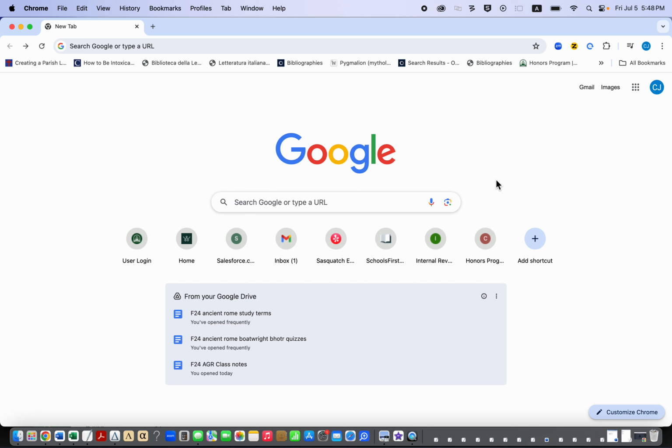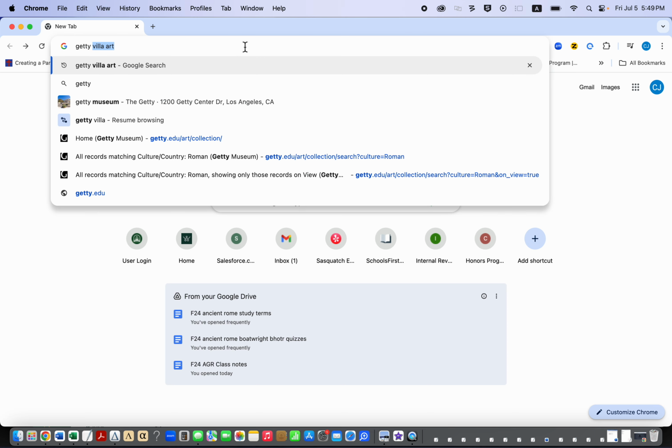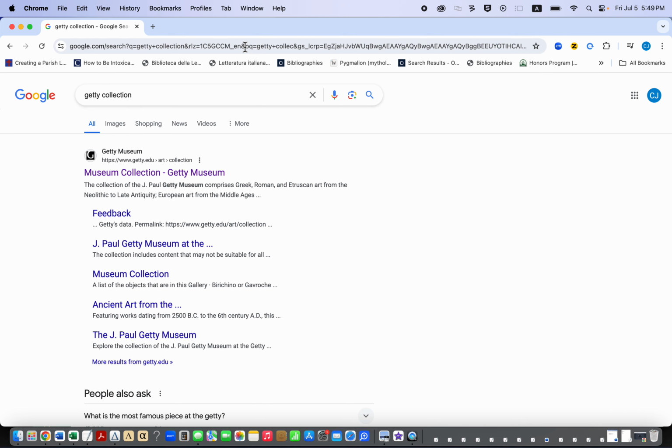Hello, this is an opportunity to look through the collection online that the Getty offers for their collection that will help you narrow down some topic for a paper for this class. To take a look at what the Getty has available, you can basically look for the collection,